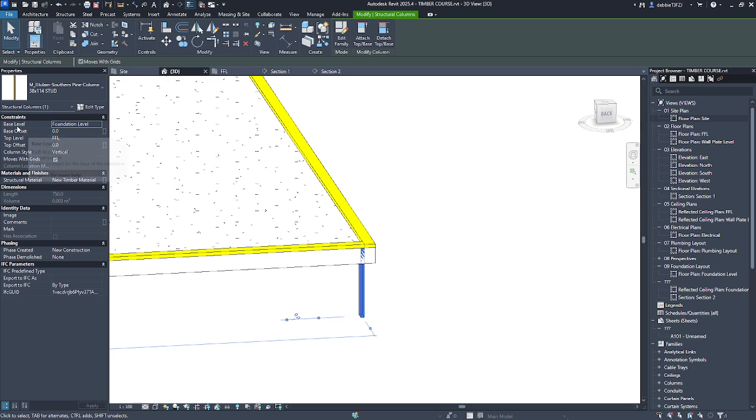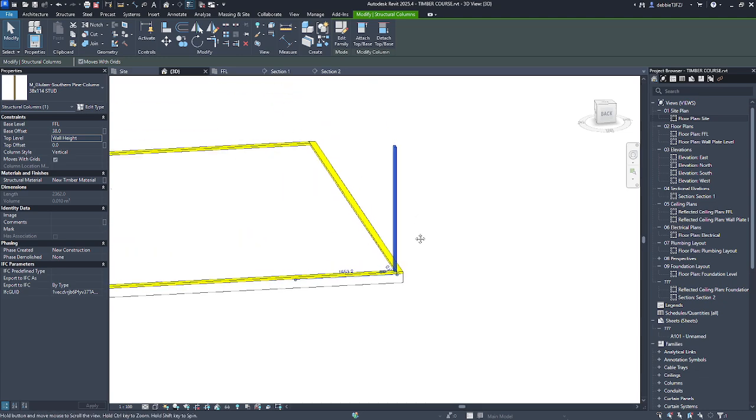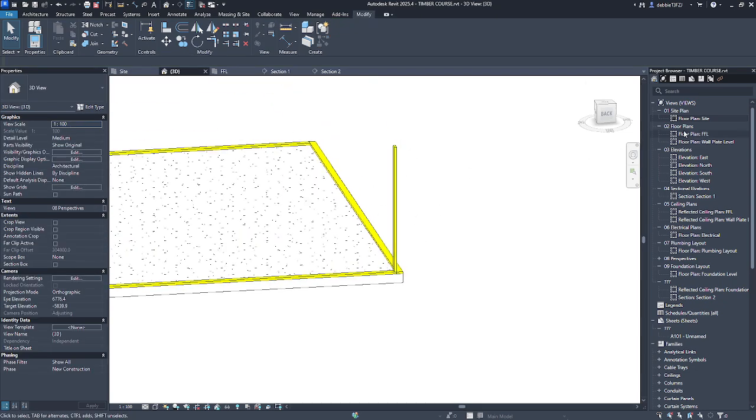So now our base level would be finished floor level plus 38 because this needs to get nailed on top of our base plate. Top level would be set at wall height. There we have our first stud.